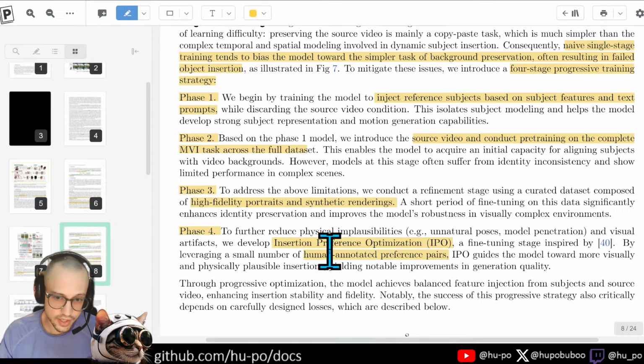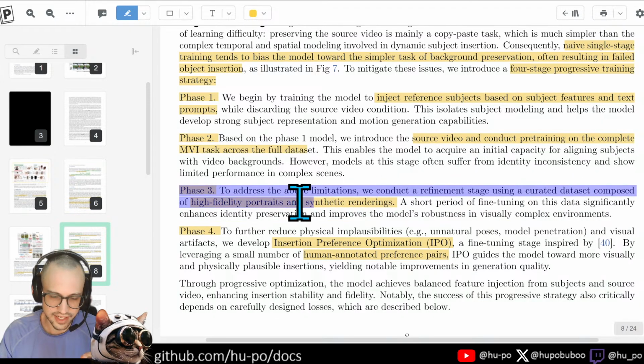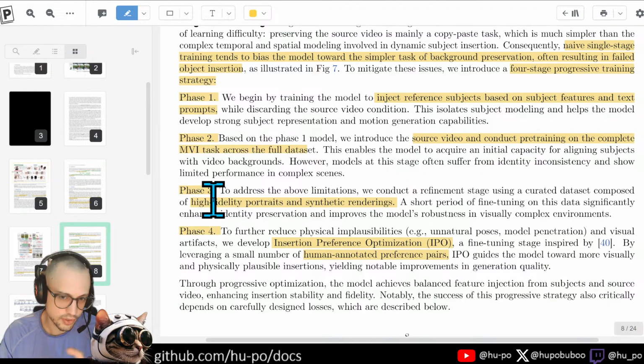So, hey, this is a good one, this is a bad one, this is a good one, this is a bad one. So the last 2 stages are like, this one makes it aesthetically pleasing, right? It's like, hey, we push gradients using super nice high fidelity portraits. And then the last one is this kind of preference optimization to make it even more aesthetically pleasing. But